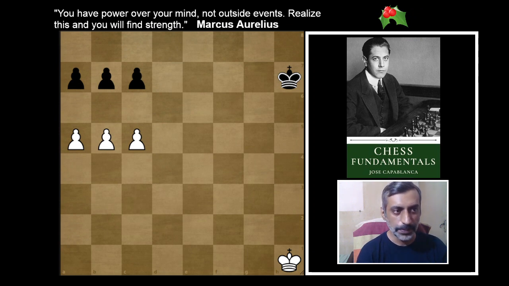Moving further, Capablanca discusses the next topic under the heading number 11, obtaining a passed pawn. He writes, "When 3 or more pawns are opposed to each other in some such position as the one on board, there is always a chance for one side or the other of obtaining a passed pawn. Example 24. In the position on board, the way of obtaining a passed pawn is to advance the center pawn